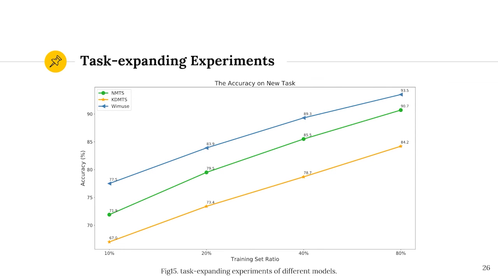Further, the accuracy of Y-Muse is always higher than the other two models. This shows that Y-Muse has better task scalability than other models. And of course, the common features are more general in Y-Muse than in other models.